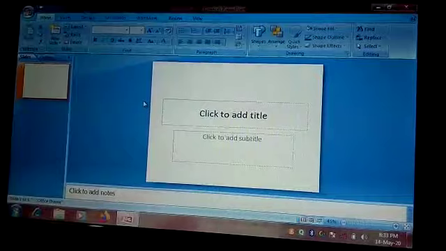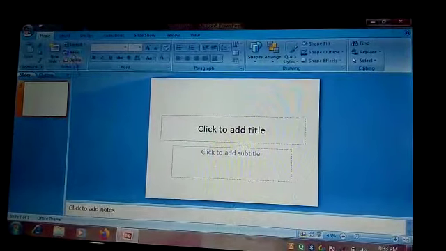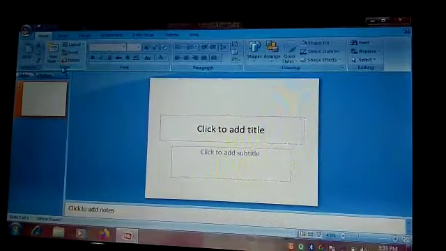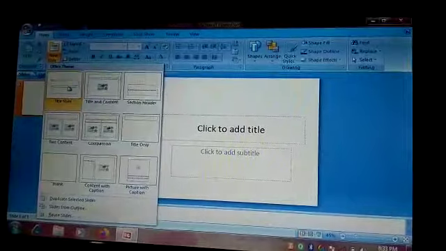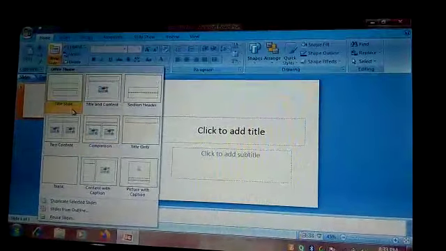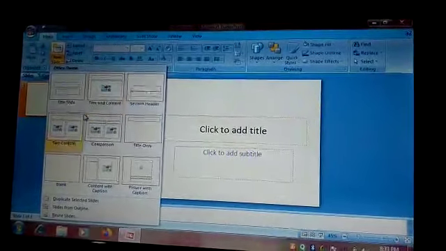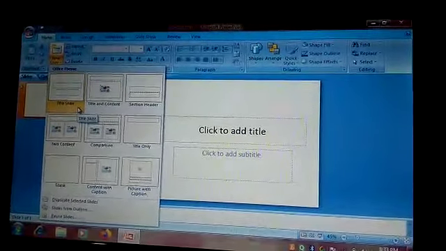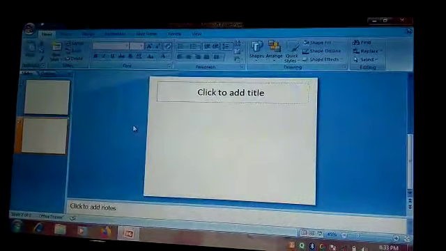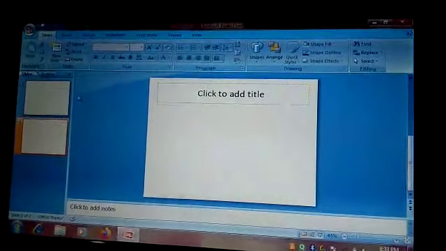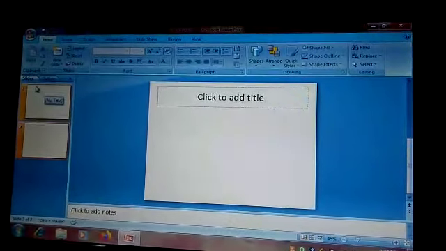Now, if we have this slide and suppose we want to insert a new slide or change the layout, we can go to this Slides group and just click on New Slide, and you will get so many options over here, say Title Slide, Title and Content, Section Header, so many according to your choice. You can select any of these layouts. Suppose I have this, say Title Only. I have selected this one, and then you can observe the miniature of these slides on the left-hand side of the window, that is the Slides pane.